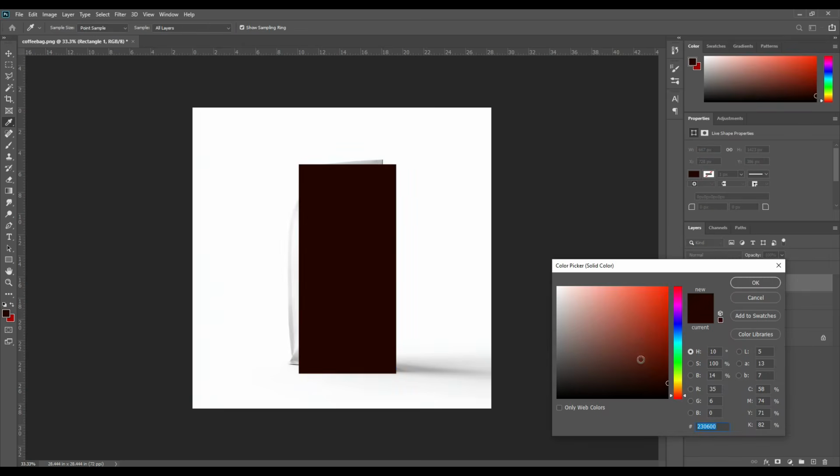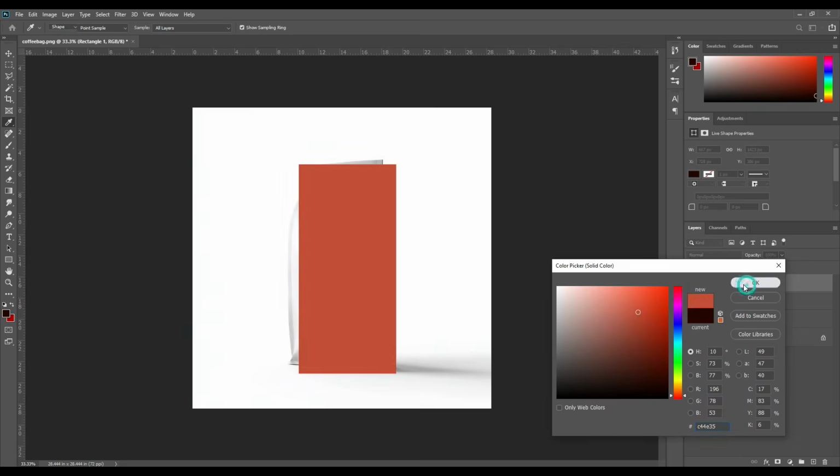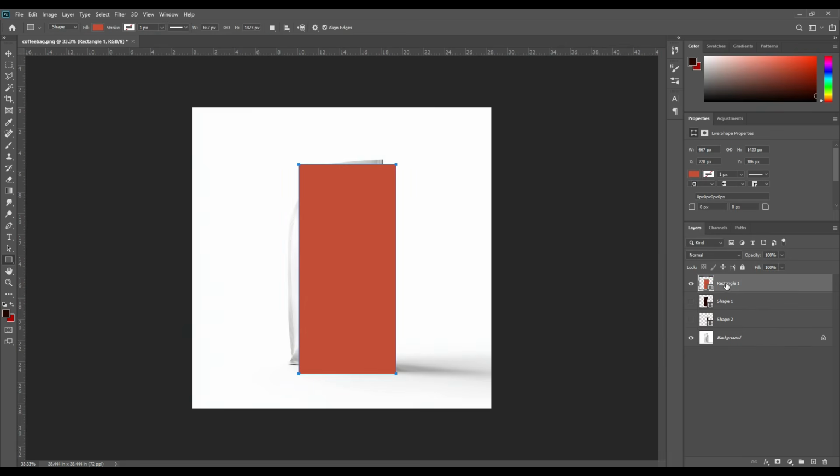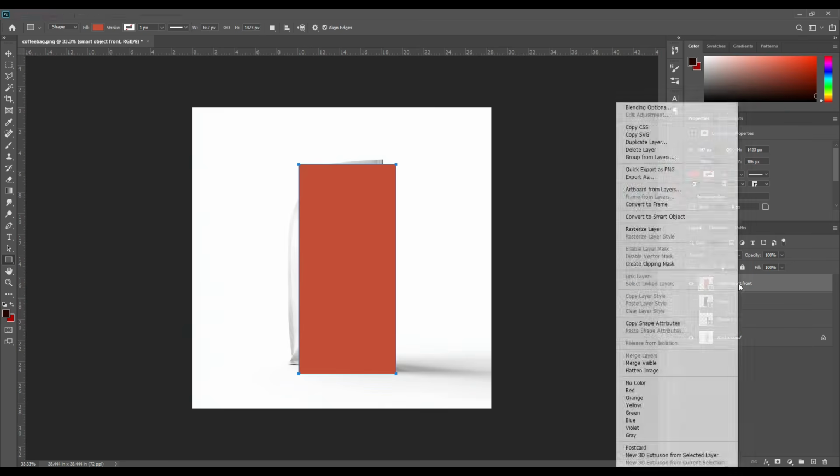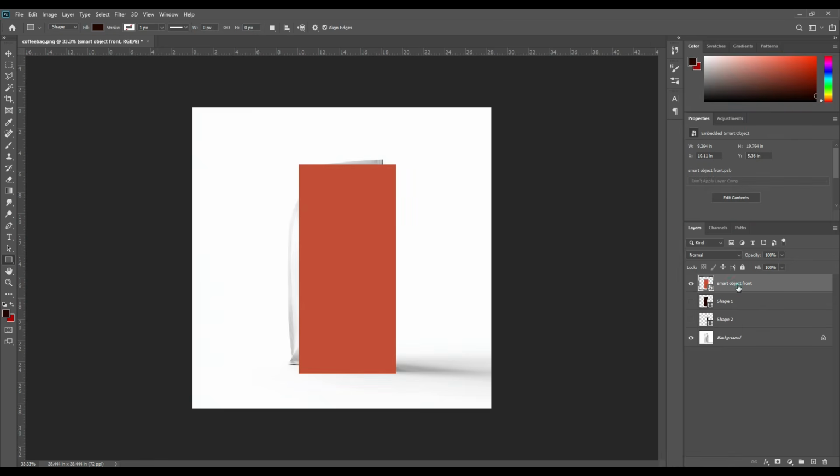Change the color and rename the layer Smart Object Front. Right click on it and select the Convert to Smart Object option. Reduce the opacity